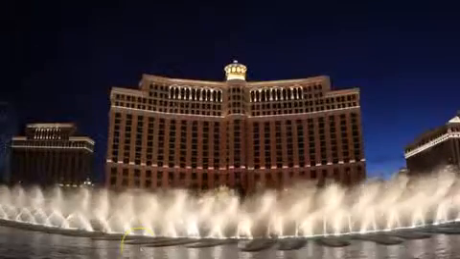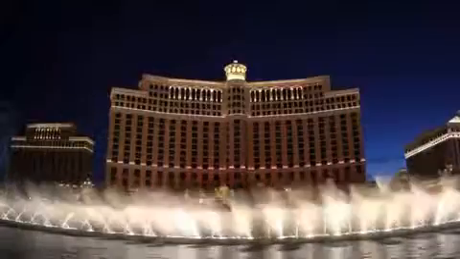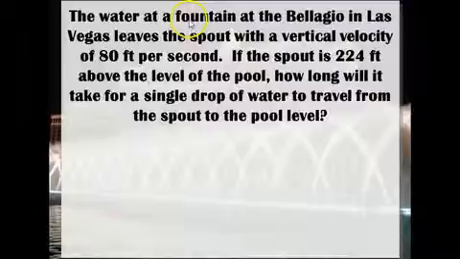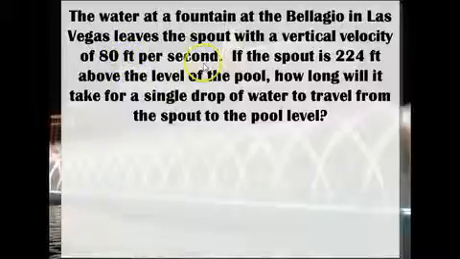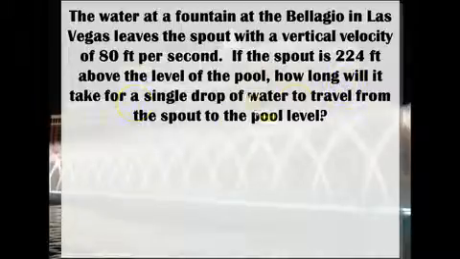So what you need to do, let me stop this thing here, is get out the graphic. Well, it's not the graphic organizer. It's the example I gave you in class, that has this example written on it. It says, the water at the fountain at the Bellagio in Las Vegas leaves the spout with a vertical velocity of 80 feet per second. If the spout is 224 feet above the level of the pool, so this is a little bit different from the actual Bellagio, how long will it actually take for a single drop of water to travel from the